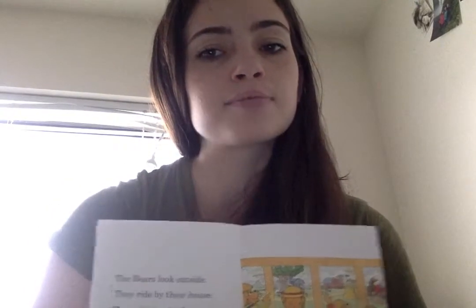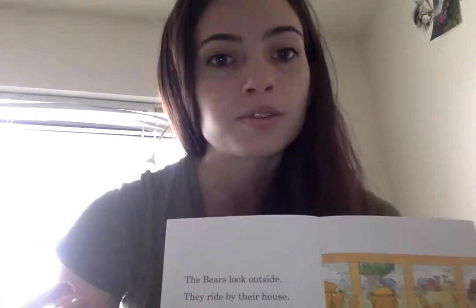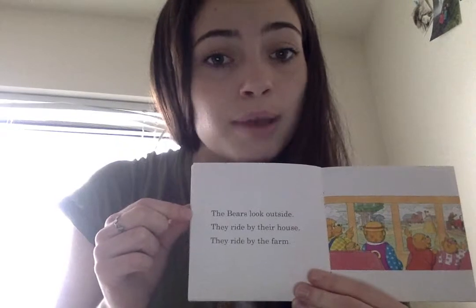So then I would read the book to them, and afterwards I would ask them if they see any patterns. And I would use this kind of working in their ZPD with Vygotsky, just because I know it's difficult for young children to think of sentences in that way. And so I would help them by having them focus on the sentences in this page especially.